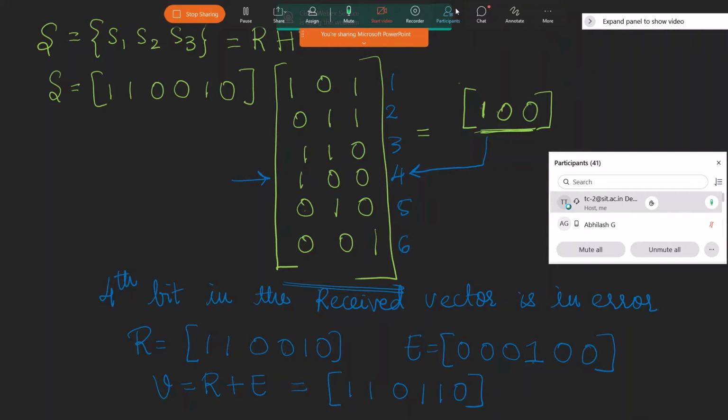Today's and tomorrow's I'll re-record this particular video because there was a glitch in between, so I don't want it to be a disconnected video somewhere. I mean, it should not be a patchy video. I will just redo this process of syndrome again. I'll re-record it and then share it with you, as well as the syndrome circuit realization. I will try to record it and then share the YouTube link with you.